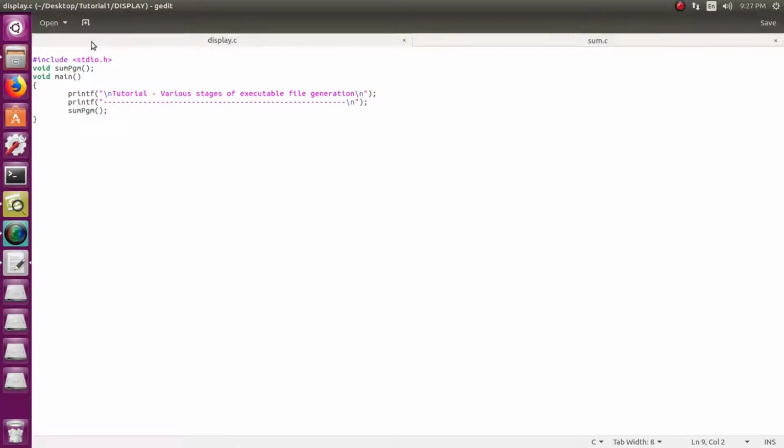The display.c file has the #include <stdio.h>, which is inclusion of the header file, and void sum_pgm, which is the declaration of the sum_pgm function, which is defined in the second file, sum.c. The main function contains two printf statements and a call to the sum_pgm that I have told is in